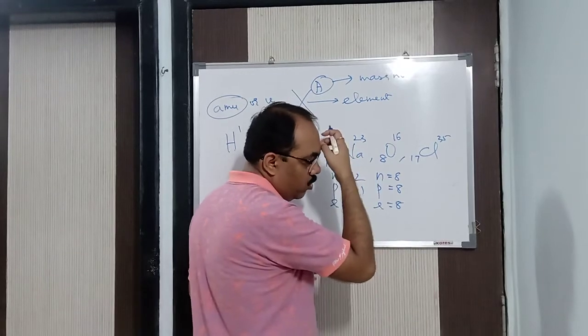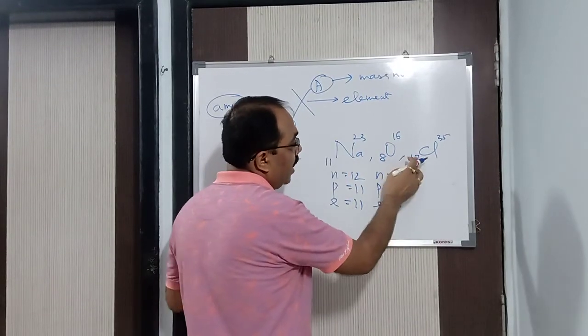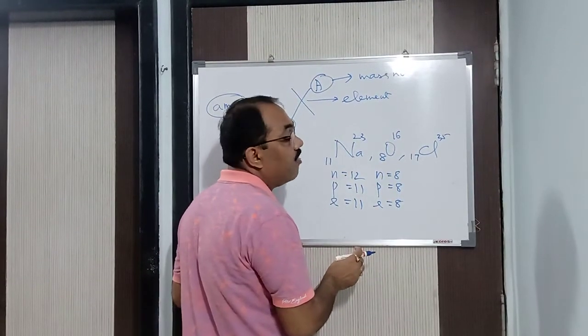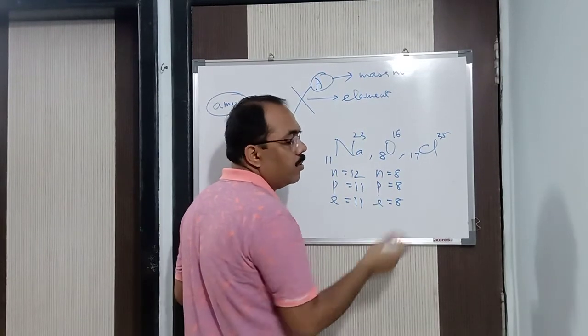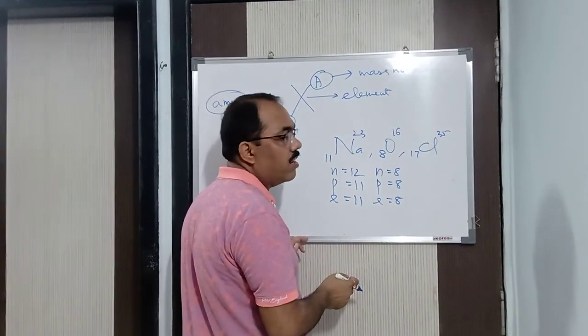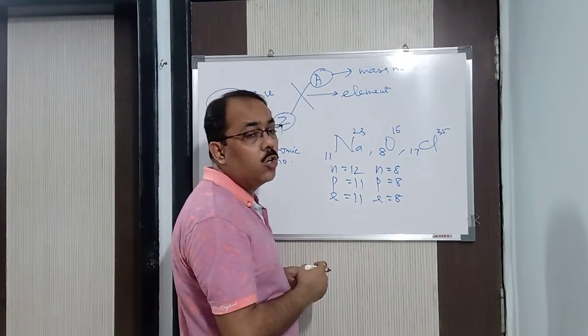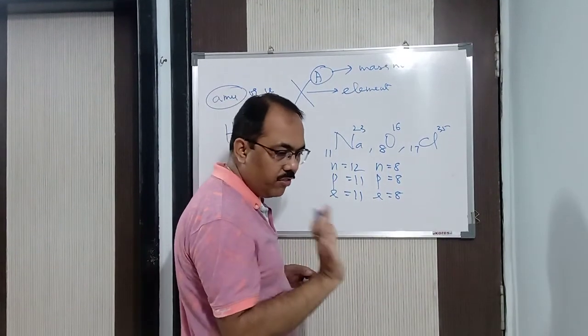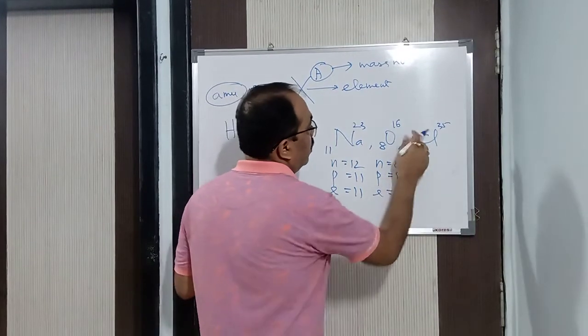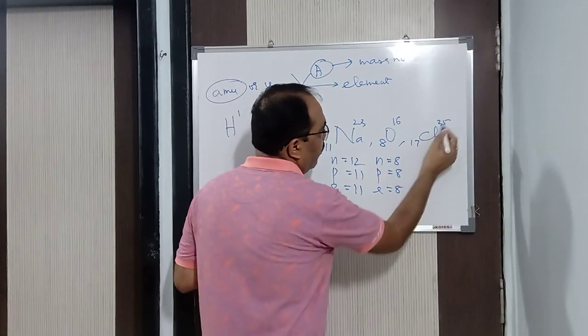Now I will be teaching you isotopes, you will come to know that one of the isotopes of chlorine has an atomic mass of 35. Another isotope of chlorine has an atomic mass of 37. So when we calculate the average atomic mass, it comes to be 35.5. How do we calculate the average atomic mass? I will tell you. Everything I will tell you. Don't worry. Alright. Now, here you can see 17Cl35.